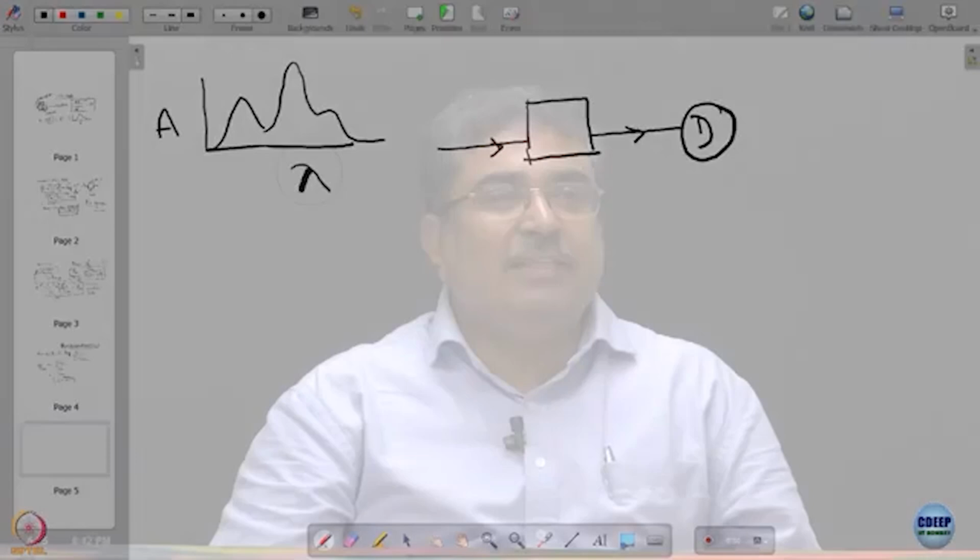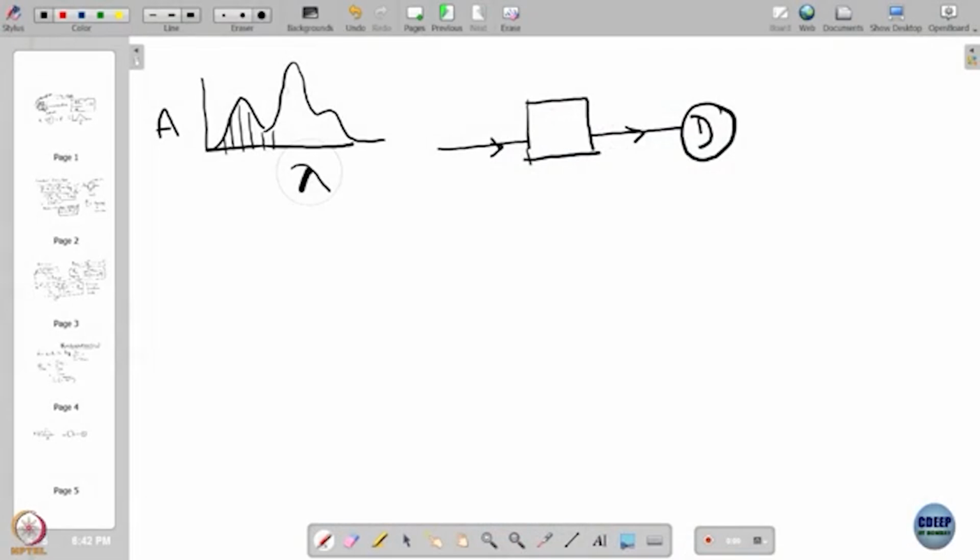The detector is going to sense the entire amount of light that falls on it, right, and it will not be wavelength resolved or energy resolved or anything. It can tell you what is the total intensity. So, in this case, what is total intensity? Total intensity is the area under the curve. Okay. So, it is very easy if you put a detector to tell you what the area under the curve is. But if you want to know what the curve looks like, then we need to put in something more in between,